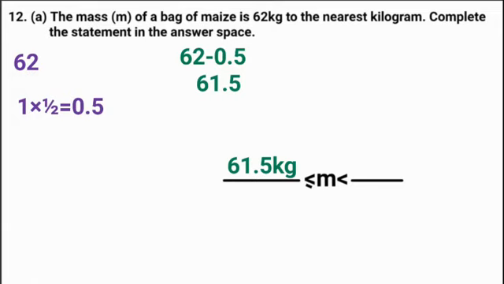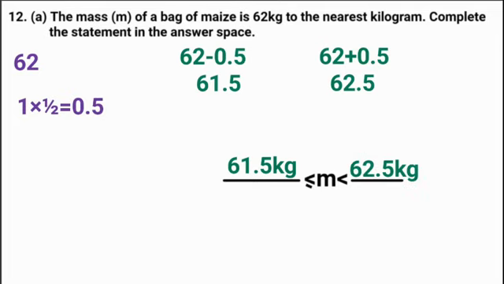Then we can now complete the other side. On the right side, we want to find the higher bound or the higher limit. So we're going to say 62 plus 0.5. When you add that, it gives us 62.5. Now 62.5 is the higher bound, the high limit. So we're going to say M is less than